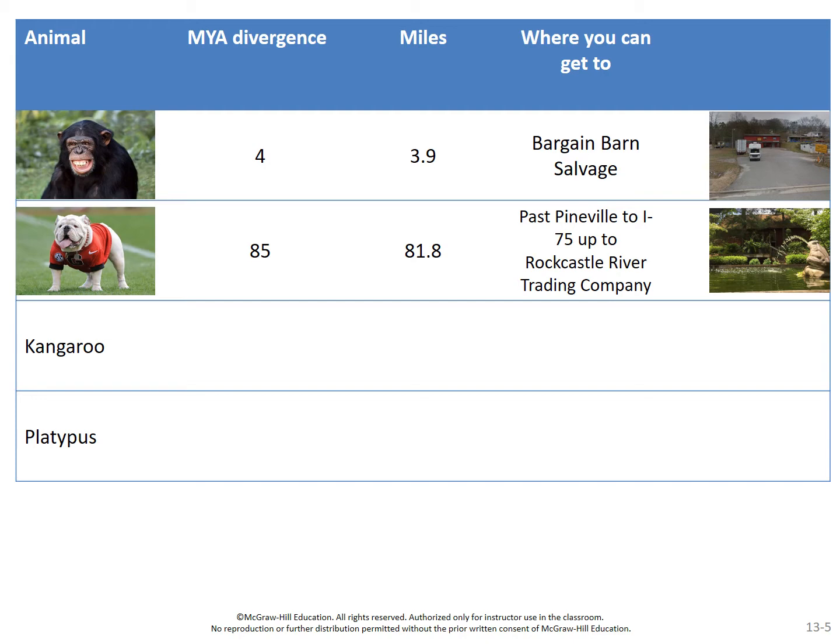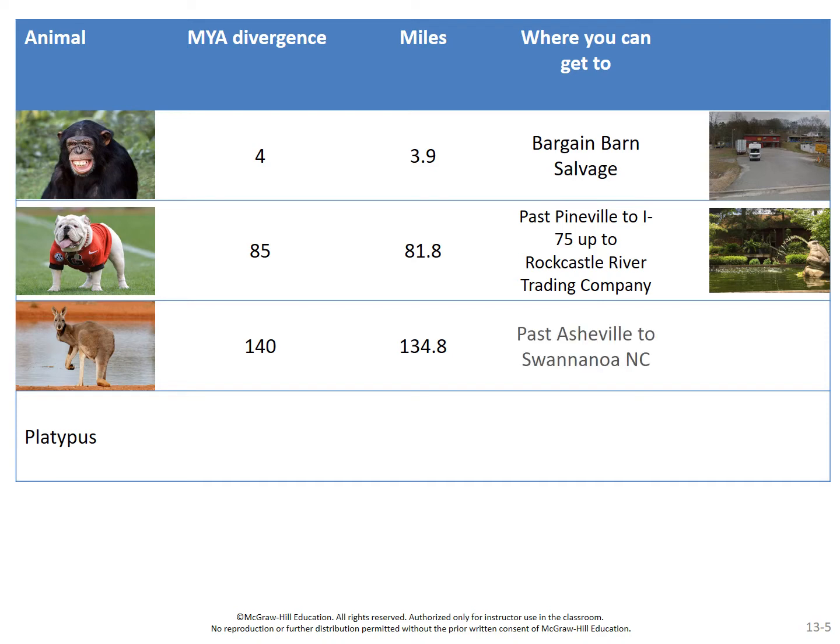They don't have a pouch, but the next thing we're going to look at is our split between us and marsupials, which are the pouched mammals. And the most famous example of that, of course, is kangaroos. Now, we diverged from marsupials about 140 million years ago. That equals about